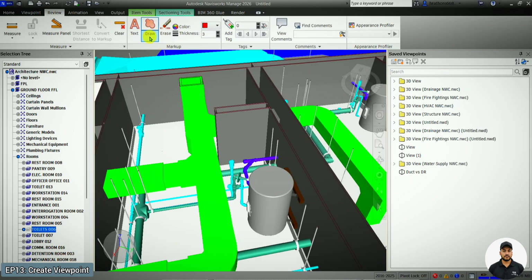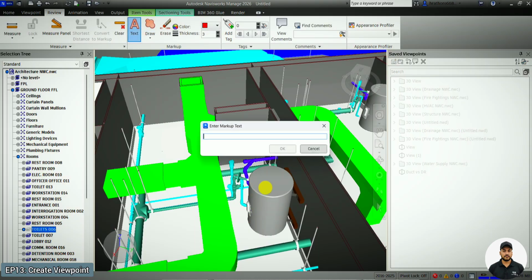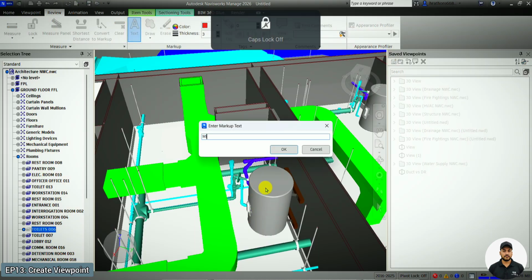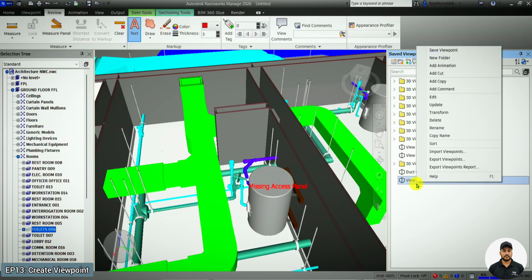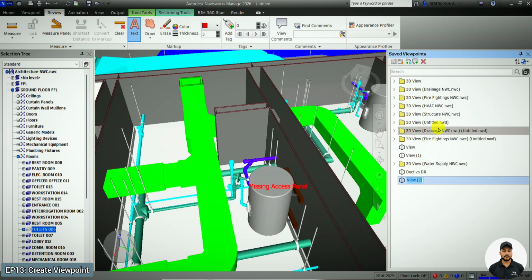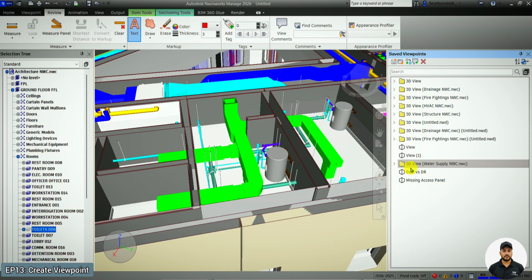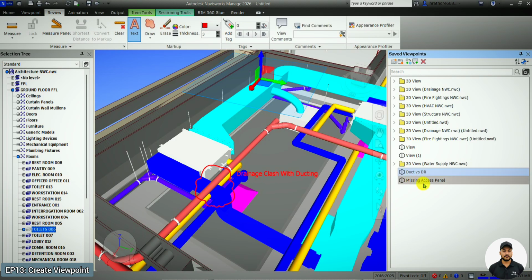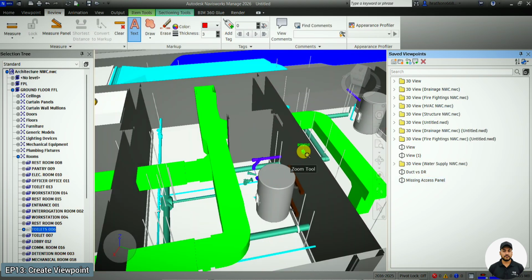This time, if you want a cloud, you can make the cloud. If you want to simply mention the text, you can mention the text like missing access panel, Control A, Control C. So we will be renaming this viewpoint with the same name, copy, enter. So like this you can save the viewpoint. Whenever you go to duct versus drainage, missing access panel, this is how you can verify